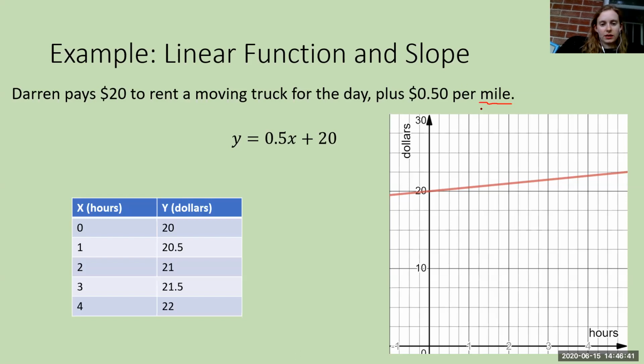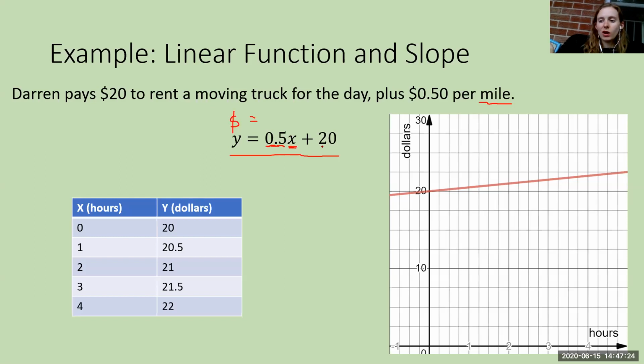So I can also represent that using an equation. I've got that equation right here. So what this equation is telling me, if I wanted to calculate the total amount that Darren has to pay, well, I would say that the total amount that he needs to pay, total dollars, is going to be equal to 50 cents, right? 50 cents per mile. I just wrote it as 0.5, but we know that that's the same thing as 0.50. So 50 cents per mile times the number of miles. So X is the number of miles